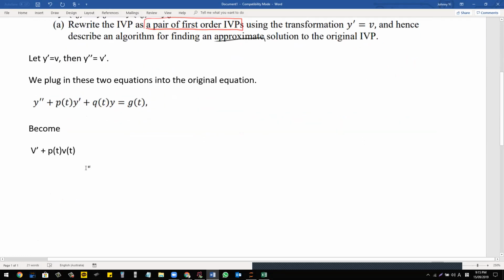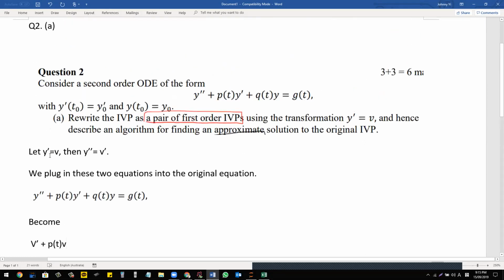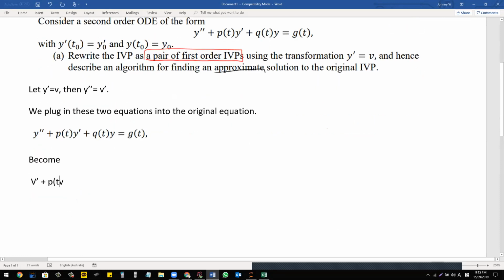We don't have to write v of t. So this is y double dash of t, p of t, y dash of t, q of t, y of t, g of t. But I'll skip that for some of them. So this one you just leave as y, and this is equal to g of t,